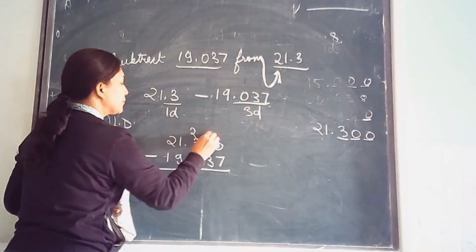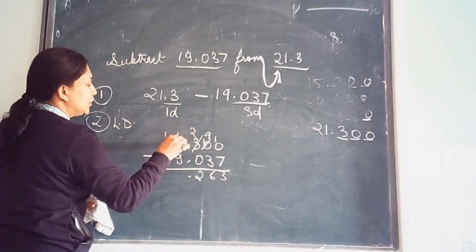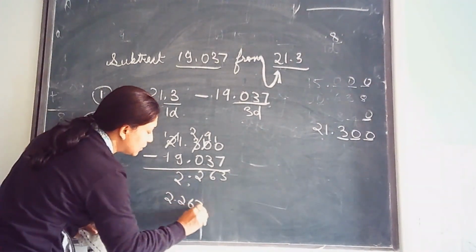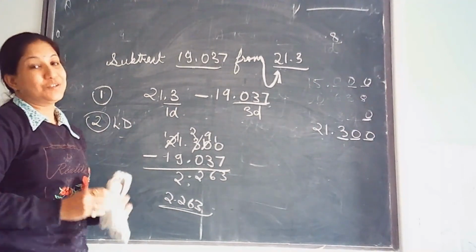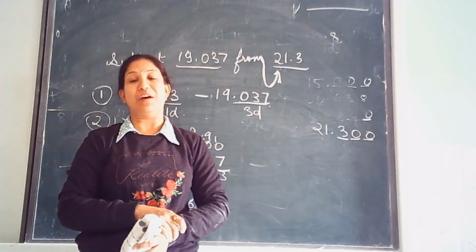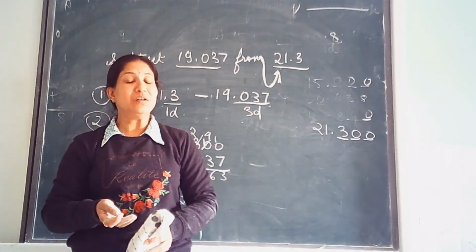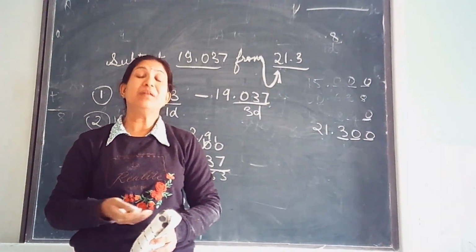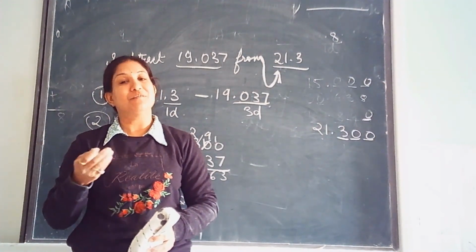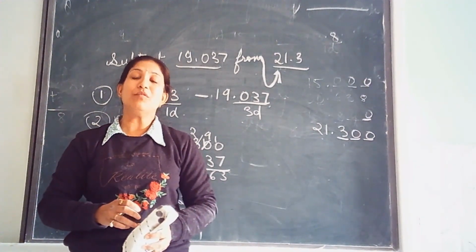It's 2. This will become 3, 6, 2, point here, take it as 2. So what is the answer? The answer is 2.263. Clear? So this is how we do the addition and subtraction of decimal values. The method is the same. First, write down the place value chart for comparison because you have to compare. But for addition and subtraction, what we are doing is simply checking and converting into like decimals if they are not. Now from tomorrow we will have revision.